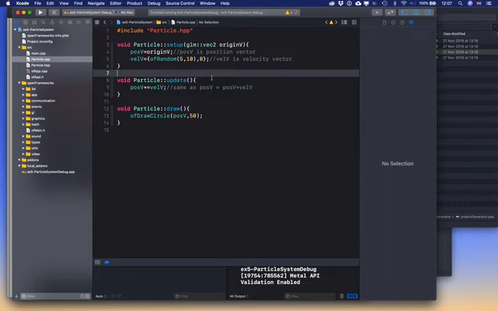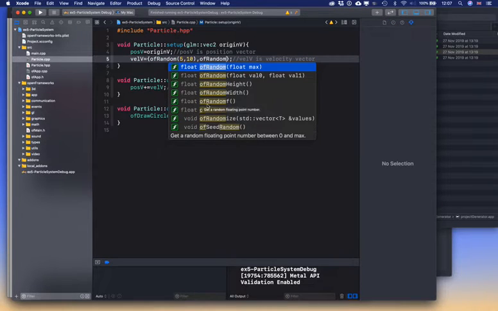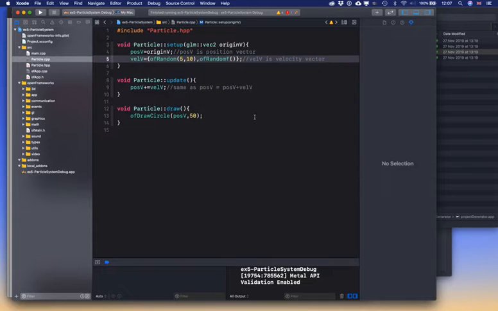So first, the velocity is always 0 on the y-axis. Let's give it some variation in the y-axis. So ofRandom. If I want a special ofRandom between -1 and 1, it's ofRandomf. A pure float is usually something between -1 and 1, and something between 0 and 1 is an unsigned float, or UF. So in this case, let's give it ofRandomf,